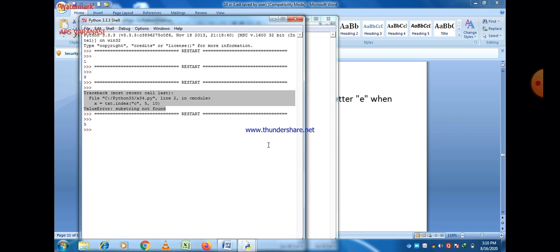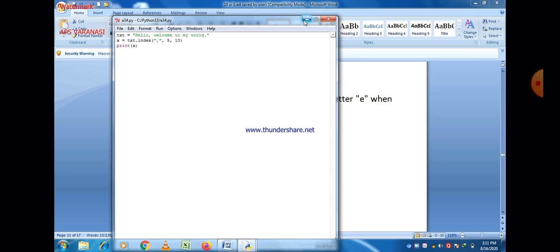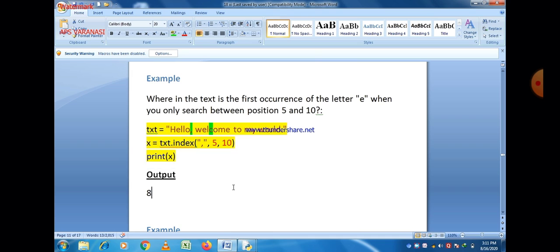The answer is 5. So it means the start position is included but the end position is not included in case of searching, and we have to find out the index value of a character or a string or a substring in a particular string. So that is the logic behind it.